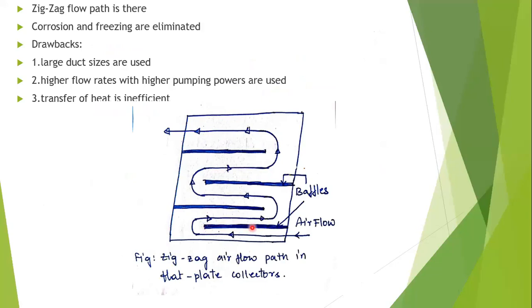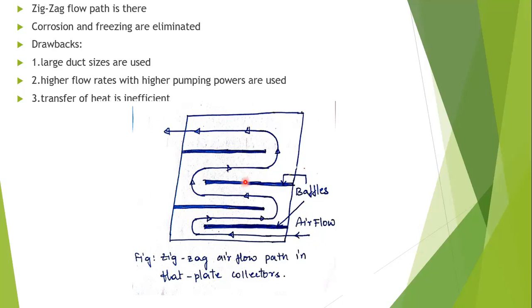We are using baffles at every point of the air stream, such that air is allowed to flow through the space between the absorber plate and the insulator with baffles arranged. These baffles are arranged to provide a long zigzag flow path. See, air is flowing from downwards like this and it is obstructed by the baffle. Again, it flows in the direction where there is space between two baffles, and again the air is made to flow between two baffles. Like that, air flows to the upside. So this makes a zigzag airflow path.